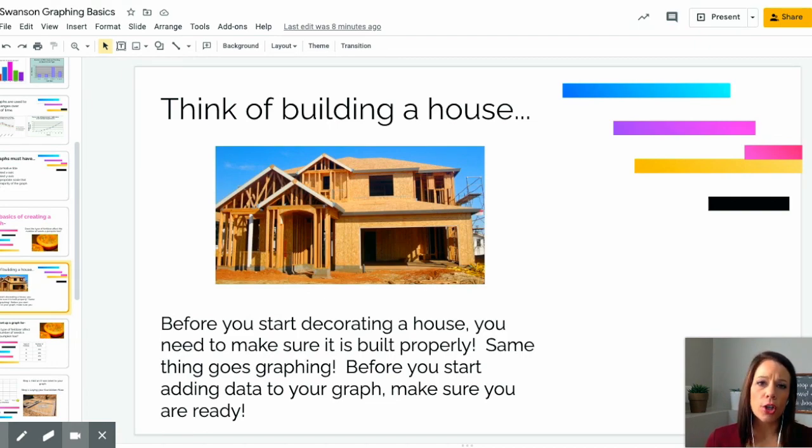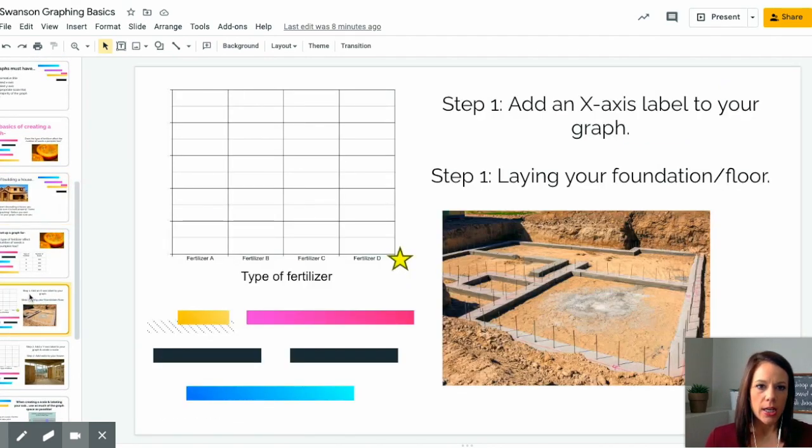In order to ensure that you have everything on your graph that's needed, it's best to go in order of following these certain steps. So that's what we're going to do. First step in creating a graph is to label your x-axis. That's like laying the foundation of your graph or laying the foundation of a house. You're not going to start building a roof on a house if you don't have the ground floor created,